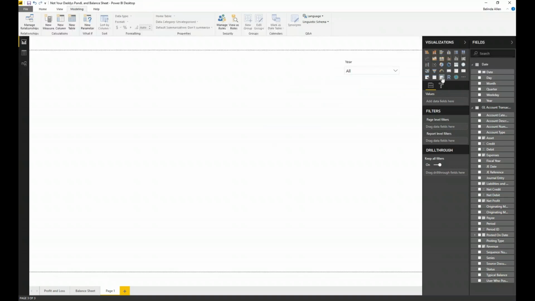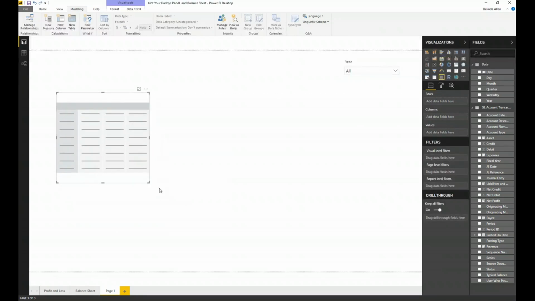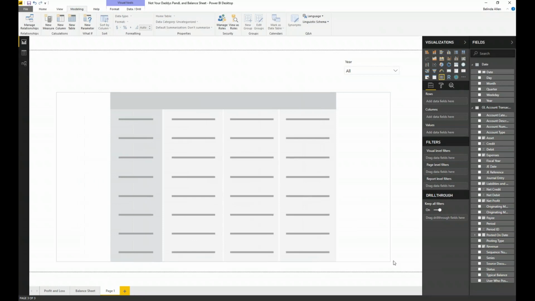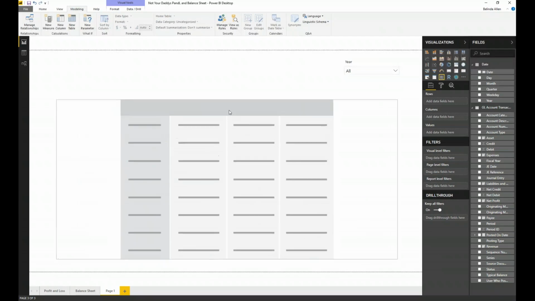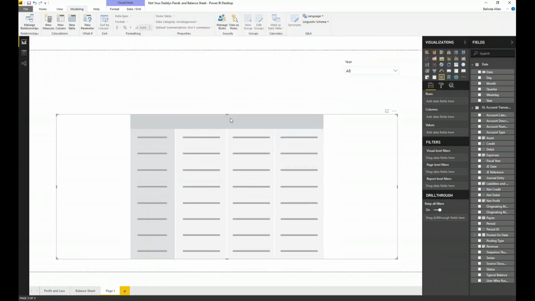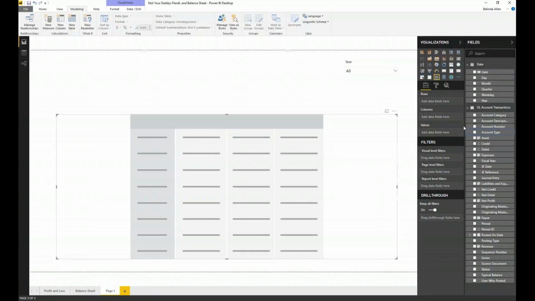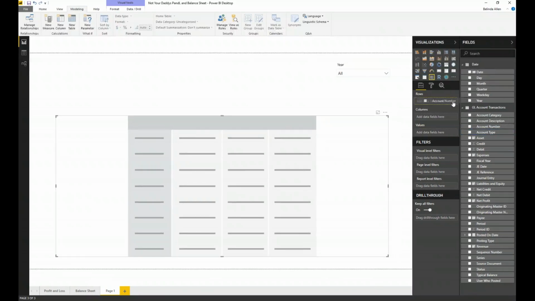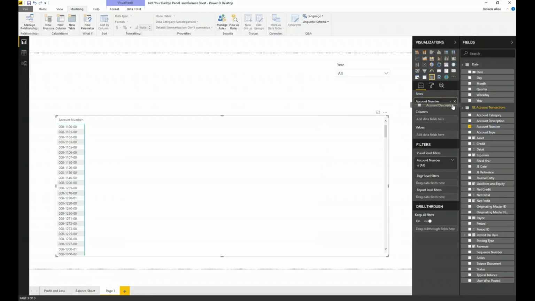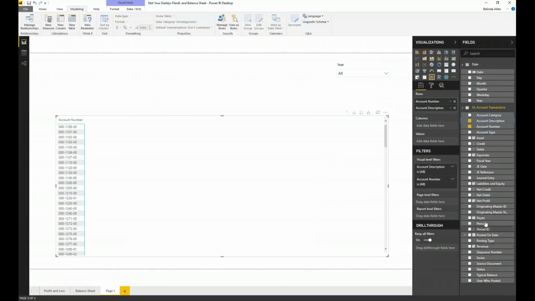And I'm going to add in a matrix. So let's add in a matrix here. All right. So on my matrix, in my rows, I'm going to add in, let's stretch that out so we can see it a little bit, the account number, the account description, and I'm going to grab that payee field.